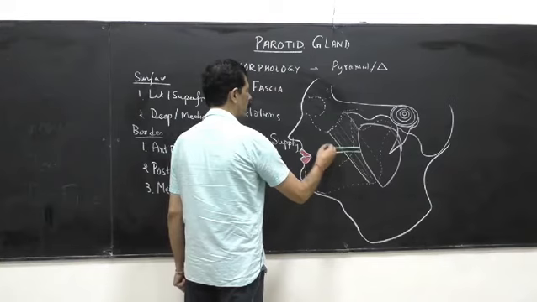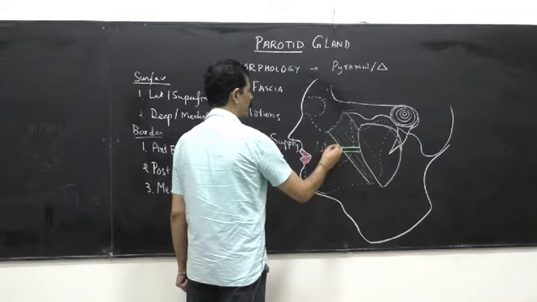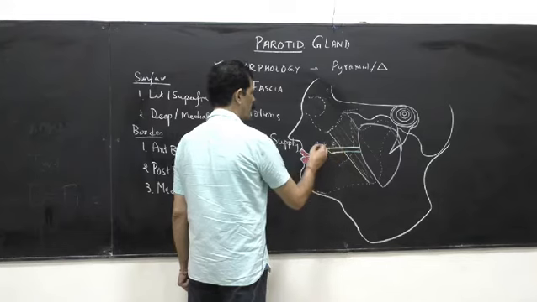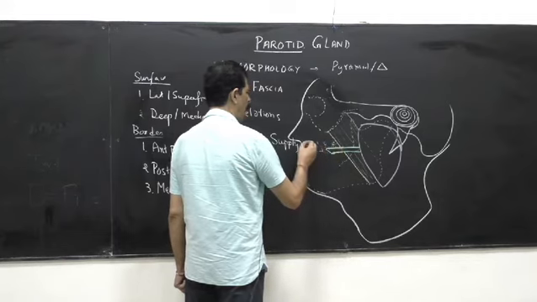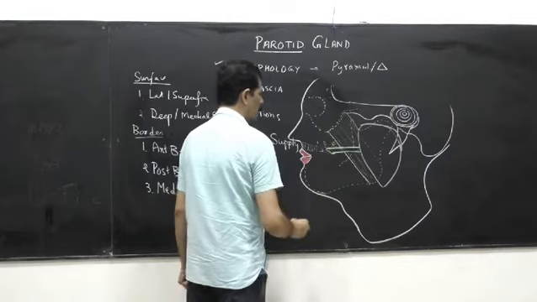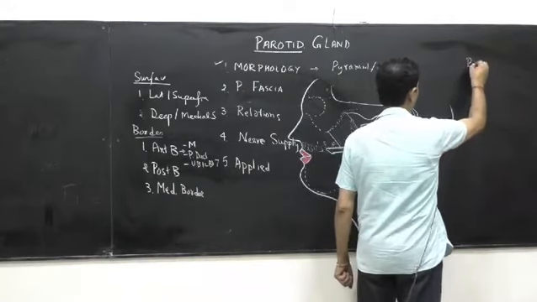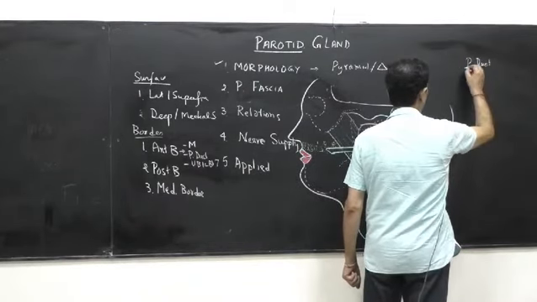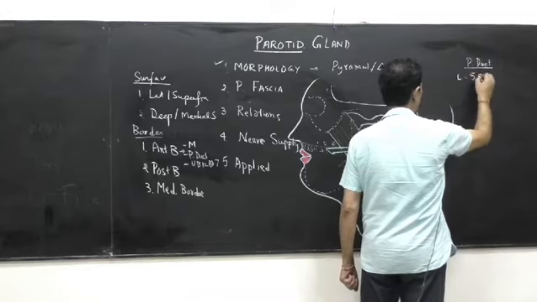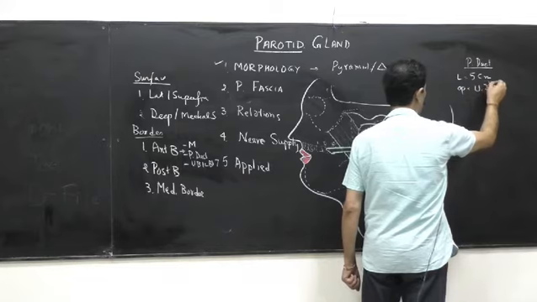Maxillary. This is the first molar, this is the second, and behind is the third molar tooth, the upper one, that is attached to the maxilla. So you have to be very precise about the parotid duct. 5 centimeters in length, and where is the opening? Upper second molar tooth.